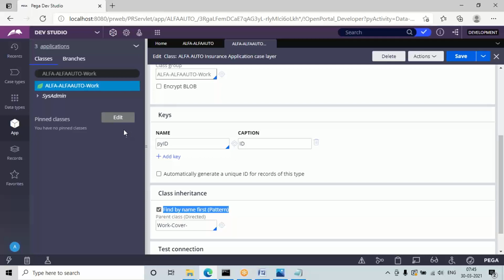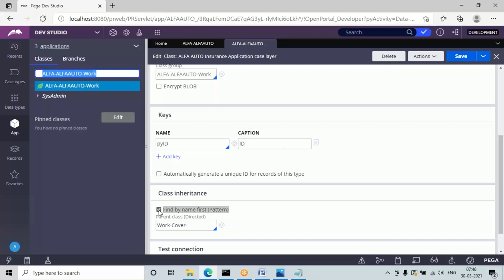Another thing is, in pattern inheritance, a child can have one or more parents. If you take work, how many parents are there? Division is one parent, and organization is another parent. So in the future, if I create any subclasses under this, then work is one parent, division is one parent, and organization is another parent. So in pattern, a child can have one or more parents.